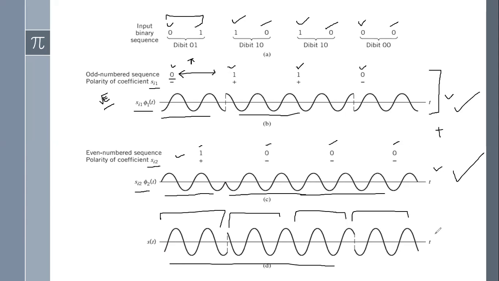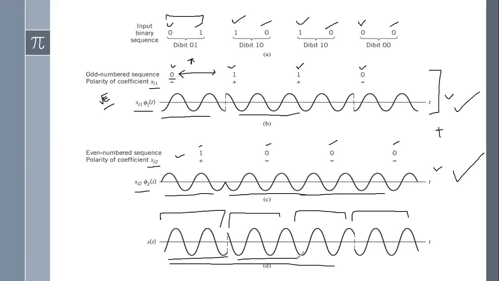Now you can ask, sir, how is it possible that we add these two signals and get this? You can simply do this: if you have a pen and paper, you can calculate and you will get this diagram also. But as we go on increasing the number of bits of transmission, suppose I want to transmit 3 bits at a time, then it will be impossible to do diagrams like this, and we cannot keep track.